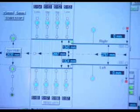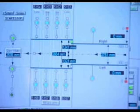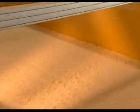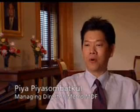Another advantage of the uniformer is the fiber mat width adjustment. The width can be adjusted up to 600 millimeters or 2 feet, and without scalping the fiber mat. This uniformer actually allows us to manipulate a lot more in terms of how we would like our mat to be, and the idea of no scalping gives a potential of, let's say, reducing resin or even higher capacity with the